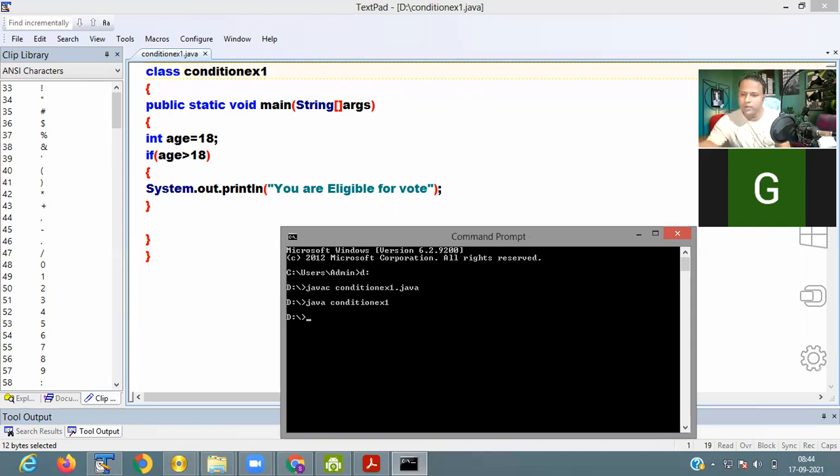So it is not showing you anything, because it checks whether your age is greater than 18 before displaying something. Here the age is equal to 18, so it does not display any value.